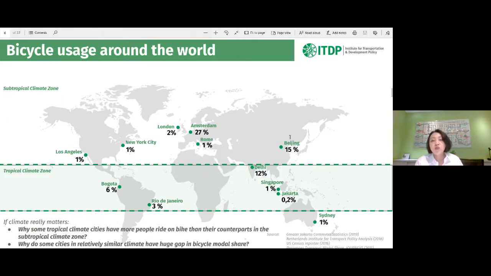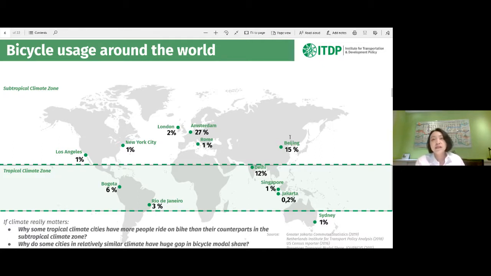Two questions pop up when we see these numbers. The first one: why do some tropical climate cities have more people riding bikes than their counterparts in the subtropical climate zone? As you can see, Delhi has 12% and Bogota has 6% bicycle usage, while London has only 2% and New York State only 1%.